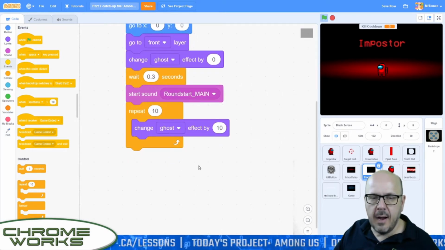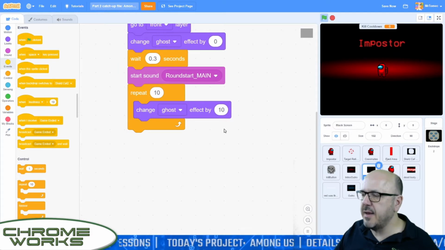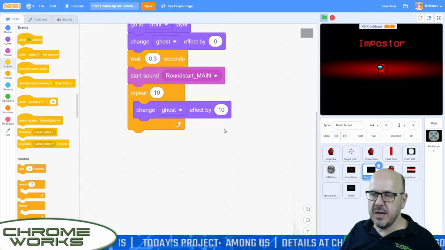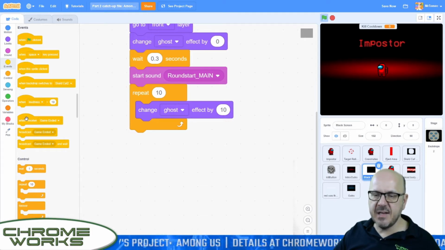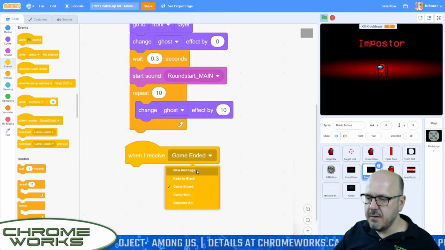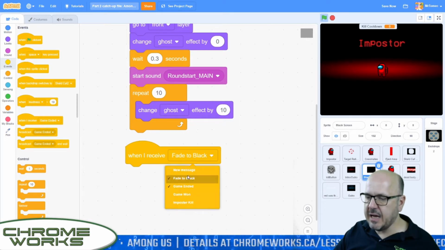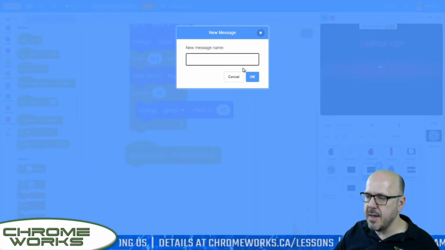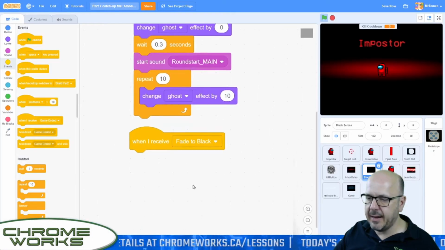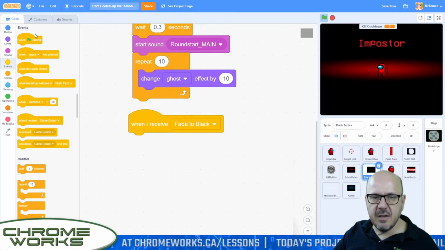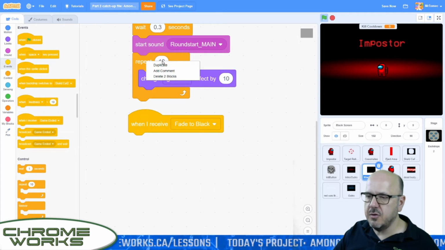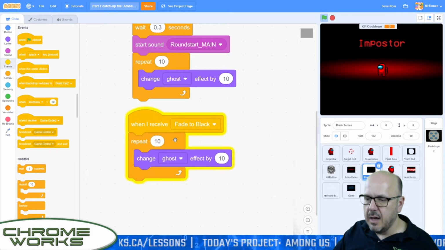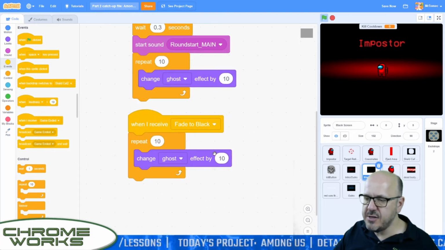We need one other little bit of code here that we're going to call on later to make the black reappear on the screen. We're going to make that an event, and we'll call it fade to black. So when I receive, let's go fade to black. If you don't have that already, just type on new message. I think it's probably not on your version of the file, and just type in fade to black. So when I receive fade to black, let's just reverse this process here. Actually, I'm just going to duplicate this, and we'll go repeat 10 times, change ghost effect by